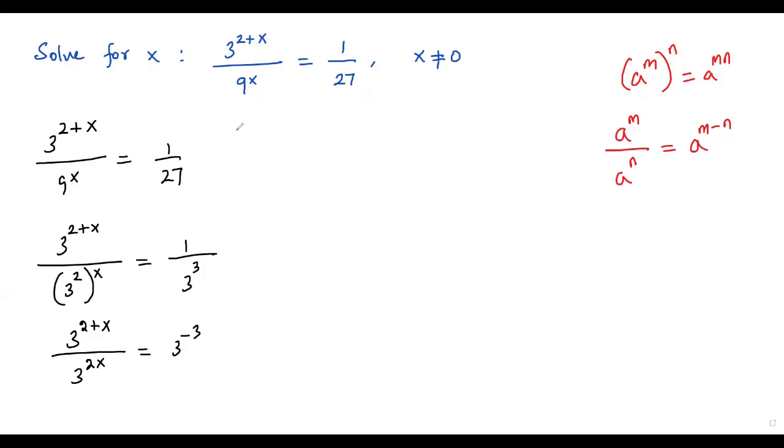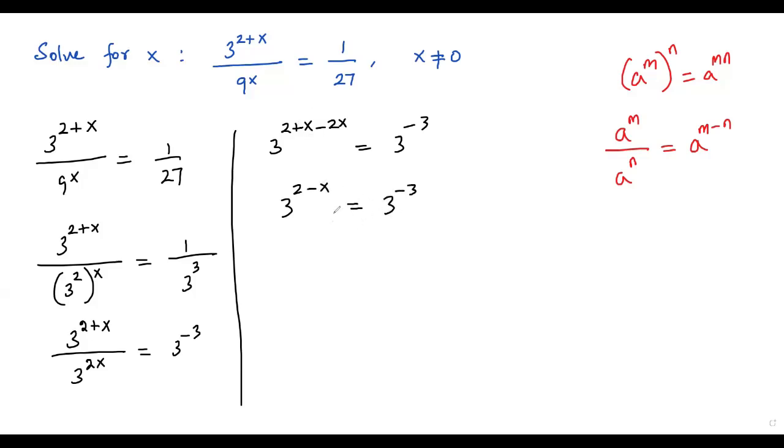Okay, let me do it. When I divide 3 to the power of 2 + x by 3 to the power of 2x, I am getting 3 to the power of 2 + x - 2x. I just subtracted the exponents. Now on the right side I can write it as it is, that is 3 to the power of negative 3. Now I have to combine the like terms over here, positive x and negative 2x. When I combine + x and - 2x, I am getting 3 to the power of 2 - x equals 3 to the power of